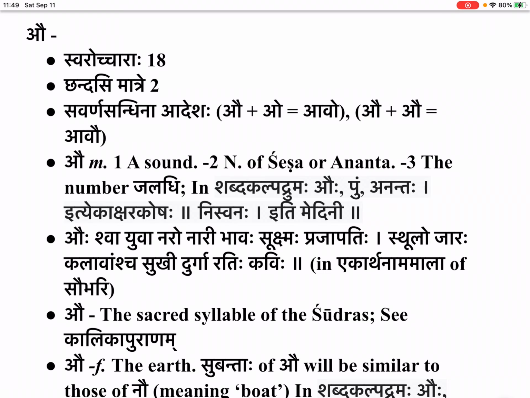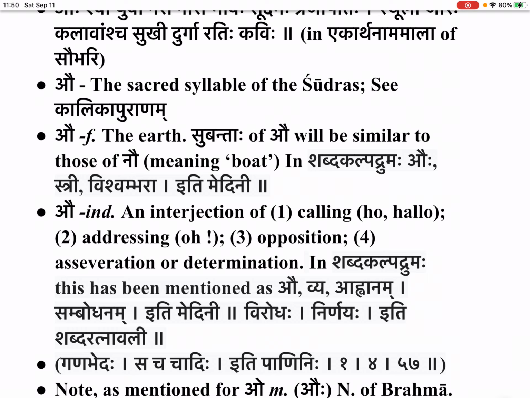Au is a feminine noun meaning the earth. Subantah of Au will be similar to those of nau, meaning boat. In Shabdakalpadrumah, Auhu Strilingam Vishwambhara iti Medini. Vishwambhara, so earth. Au, indeclinable. An interjection of one calling, oh, hello. Au, addressing, oh, au. Opposition, au,